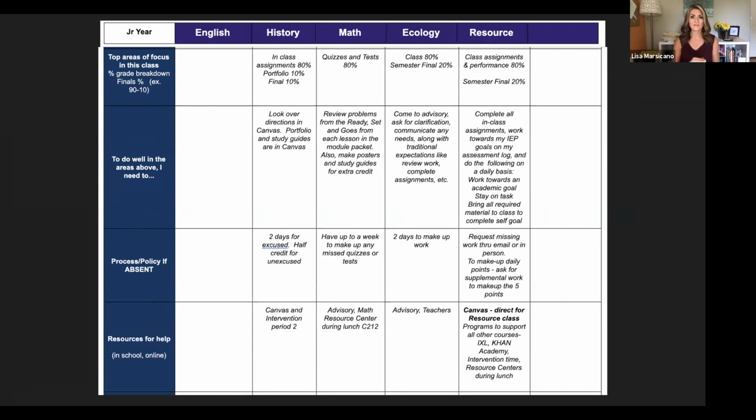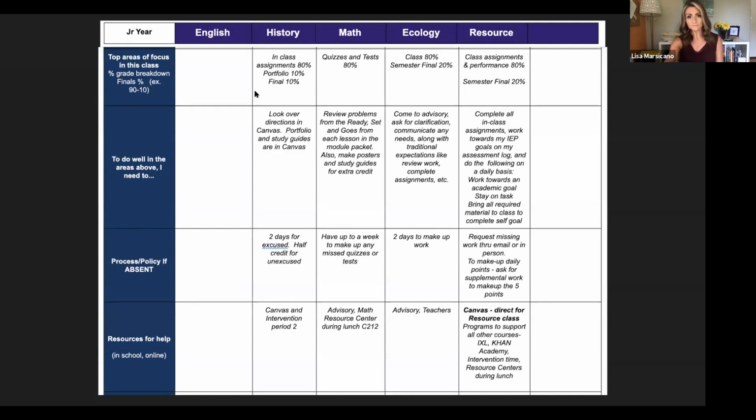Top areas of focus in the class. I really want you in those first days of school to be paying attention to what the teacher says is making up your grade. They're going to give you something called a syllabus, typically, and that's usually either loaded into their platform, Google Drive or Google Classroom or whatever it is, or emailed to you. And I want you to bookmark that however it is that's easiest for you, so you can consistently refer back to it, but also take the information from that syllabus, and that's what you're going to use to populate a lot of this chart that we're talking about right now. Where's your grade coming from?